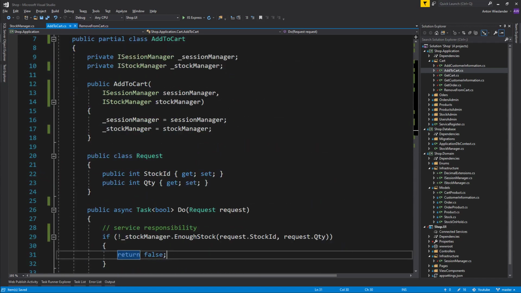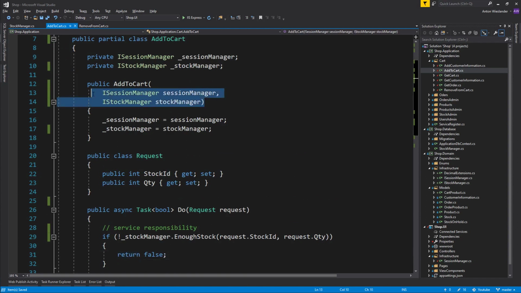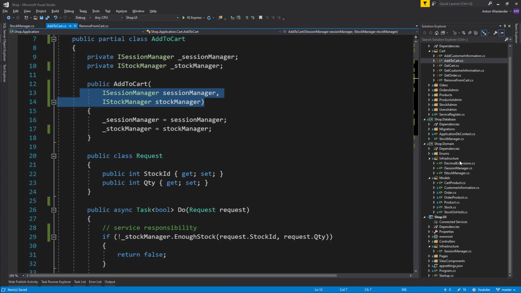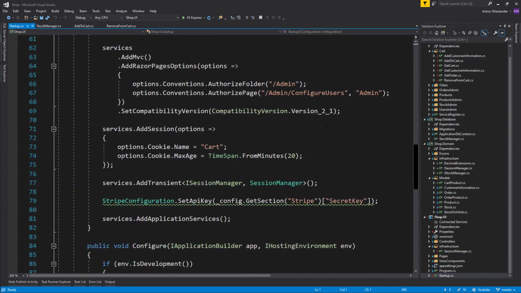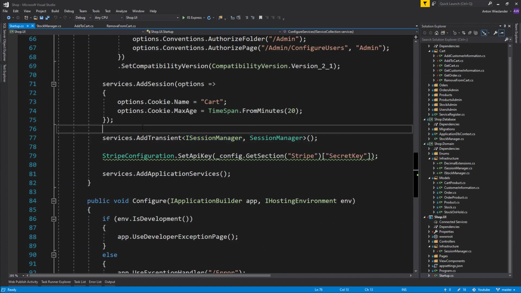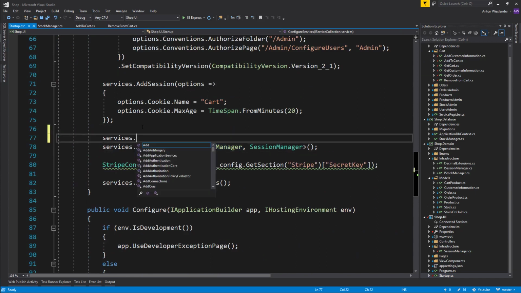Now let's just not forget, any time we want something to be injected, remember that it has to be added to the dependency injection container. So let's go into our startup. I will go where we register our session manager, and I will do it right before it. I will add transient